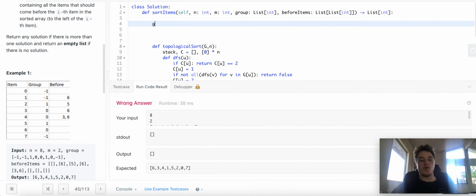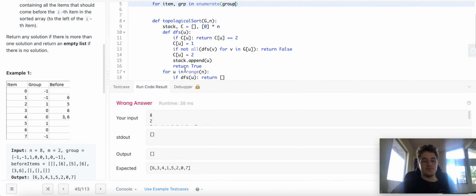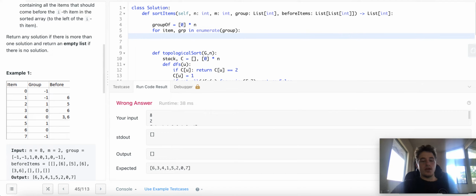So every -1 group we can think of as its own unique group, which is its own unique vertice. What we can do is say the group of something for each node. Let's set it to 0 times n. So this is going to be the group of the node. And then we'll look at each node, or we'll call it item, and its group in enumerate group, because item 0 starts with this index, so it's the same kind of deal as the v before thing. And then we'll just call it u. It's fine. So if group equals -1,